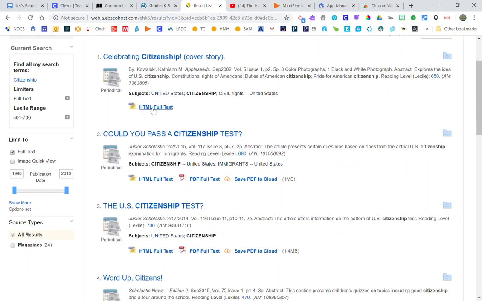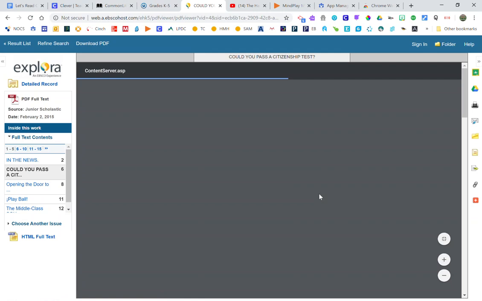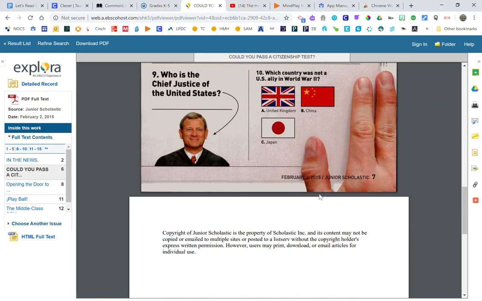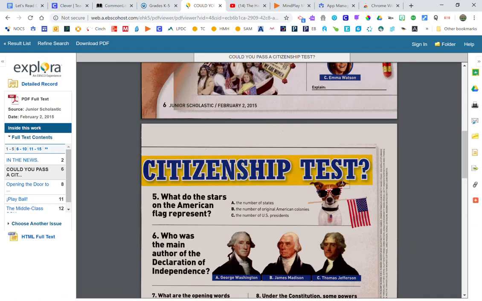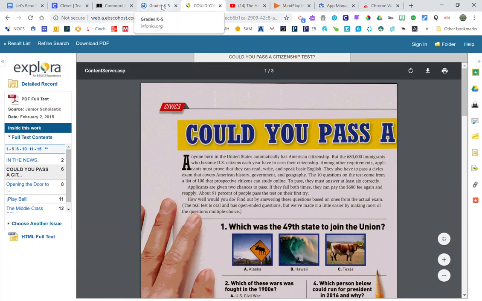And then when you look under the text, you have a couple of different options. You have save PDF to cloud, which you can always do, the PDF full text, and the HTML full text. If I click on the PDF full text, you're going to see that it is an article snapped directly from some type of magazine. This one happens to come from Junior Scholastic. If you click back